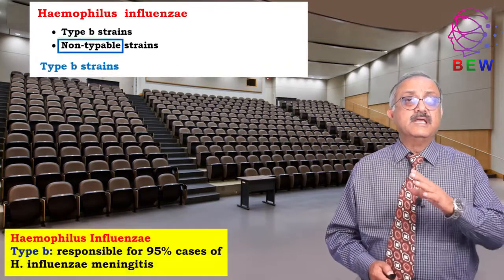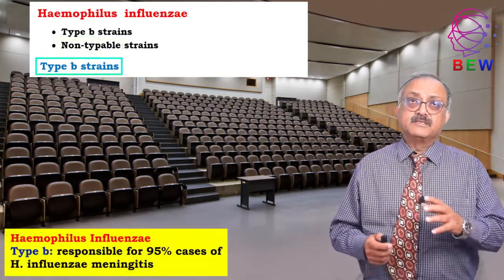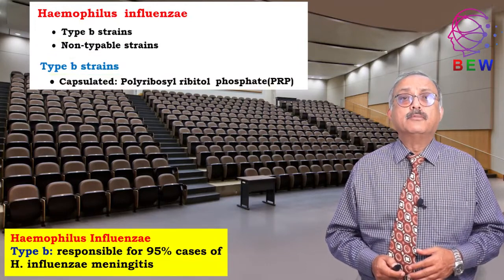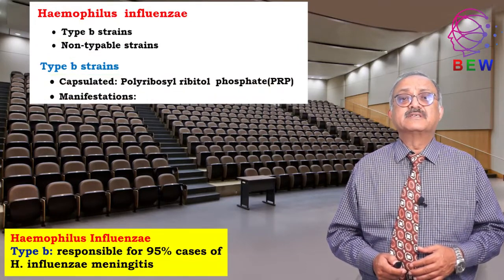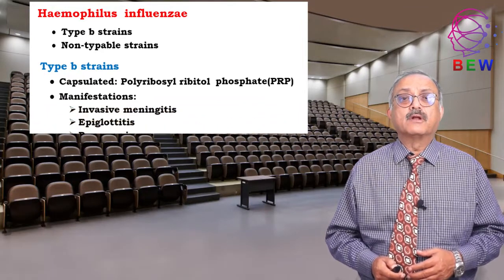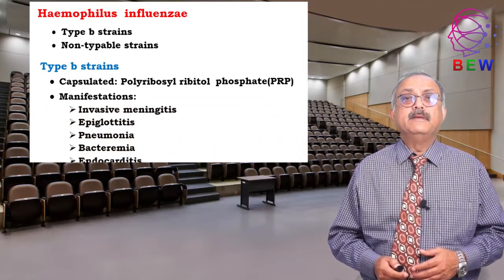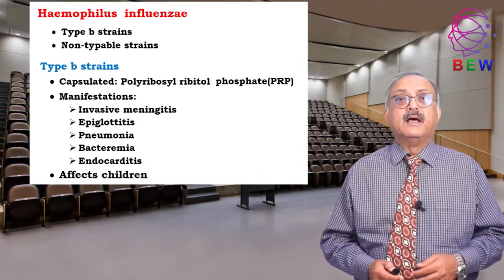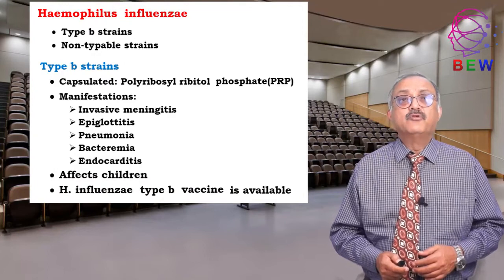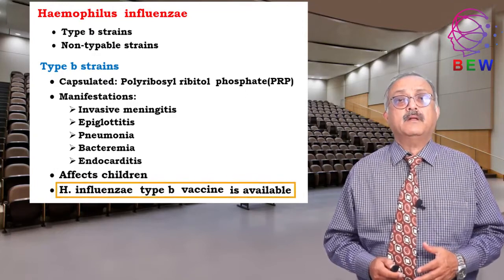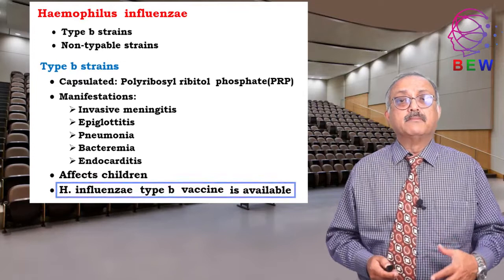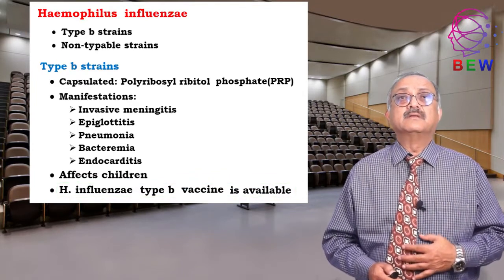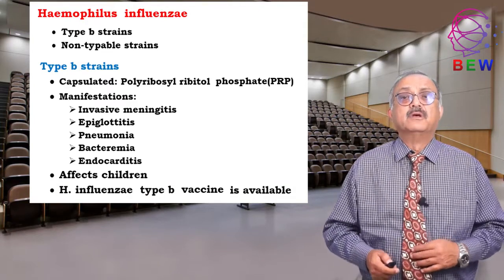Type B is the most dangerous variety of H. influenzae. It has a capsule made up of polyribosyl ribitol phosphate. Its manifestations are invasive meningitis, epiglottitis, pneumonia, bacteremia, endocarditis, affecting children. It can spread by the blood, and there is a Hemophilus influenzae type B vaccine available, which is now being given to a large number of children all over the world to prevent any central nervous system infection by this